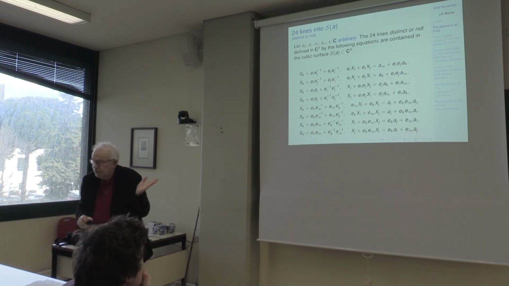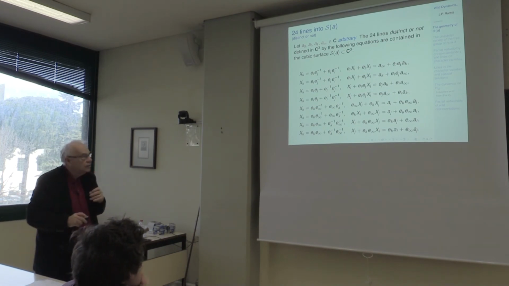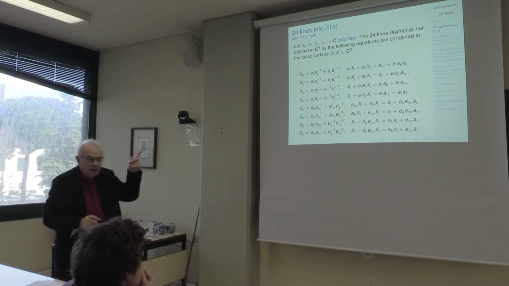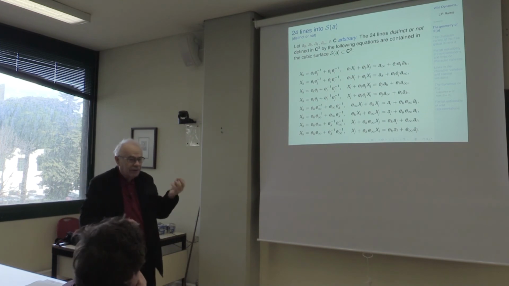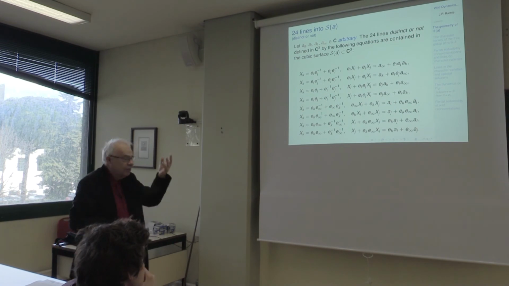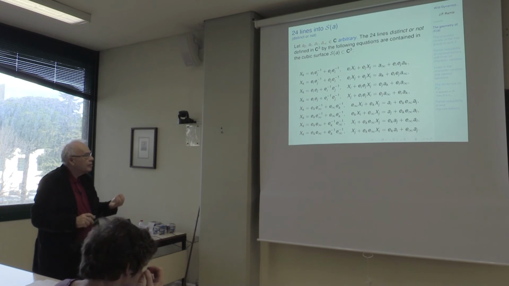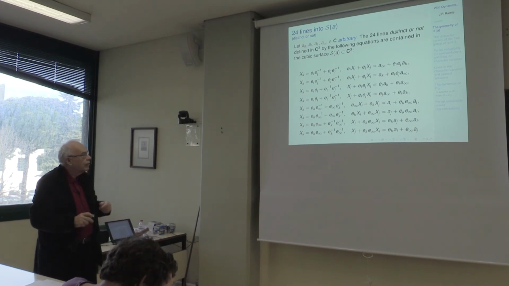Okay, so now here you have the equations of the 24 lines. You see the e_i are the eigenvalues in the representation. You have the local matrices and the e_i, e_j, and so on. They are the eigenvalues of these matrices. So using this table of eigenvalues, that is local information, and the representation, you can write the equation of the lines.